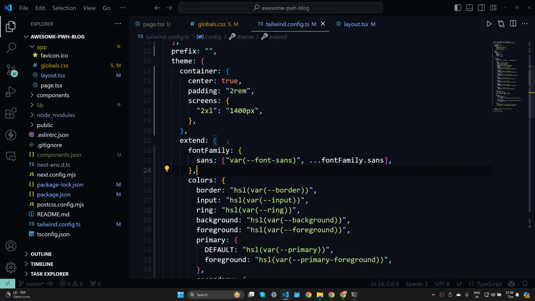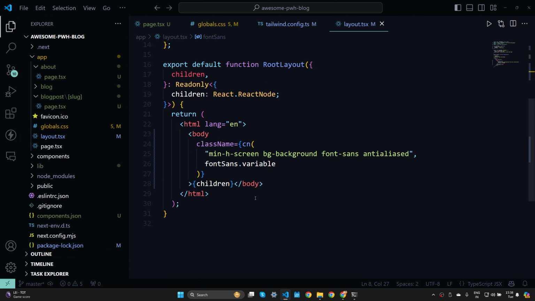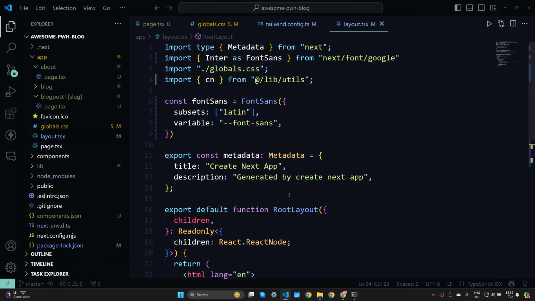Now this part might seem a little boring, but you have to do it. And all I'm doing is following the documentation. And trust me, I'm going to explain what the cn is about, but after some time. So let's move on and let's start building